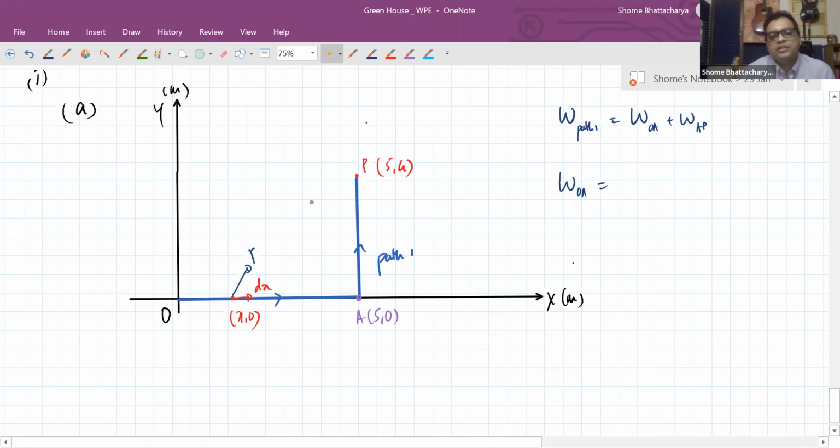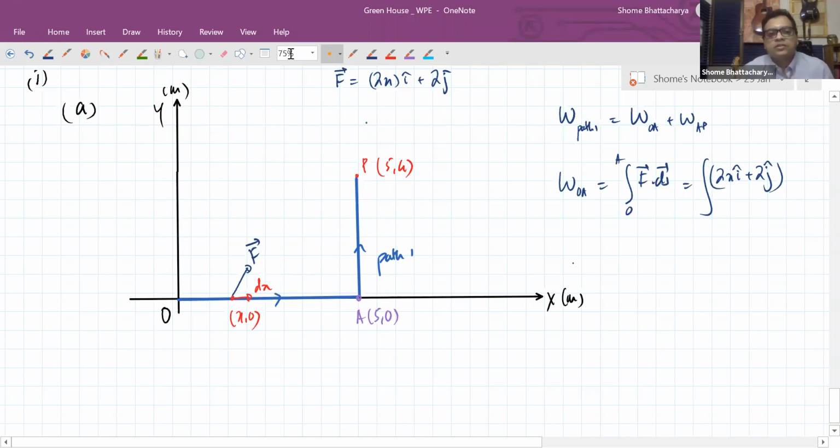And the force will have both the components. So the force is something like this, because the force was given as 2x i cap plus 2j cap. So work done from O to A will become the integration of F dot ds from O to A. At this point, the force will become 2x i cap plus 2j cap, dot product with